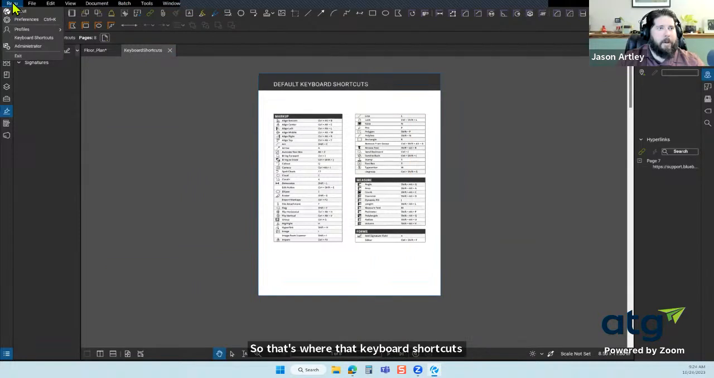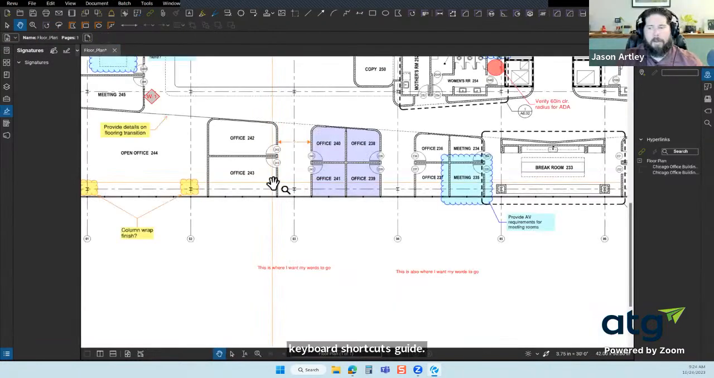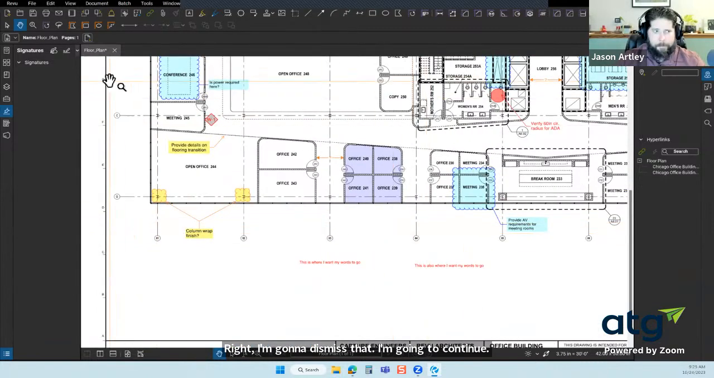So that's where that keyboard shortcuts guide is. You can customize them here at Revu, Keyboard Shortcuts, or you can find this PDF here at Help, Keyboard Shortcuts Guide, right? I'm going to dismiss that, and we're going to continue manipulating things accordingly. So as I mentioned, we can change our profiles or change our panels and have those be in whatever location that we want them to be. Now, down at the bottom,